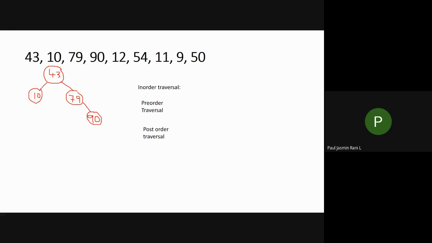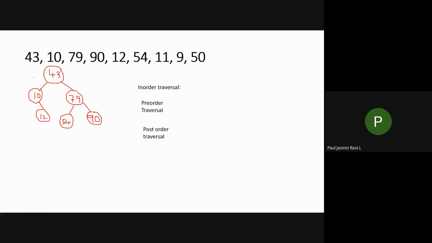And 12 is less than 43 but greater than 10, so I mark it on the right side of 10. And 54 is greater than 43 but less than 79, so I mark it on the left side of 79.